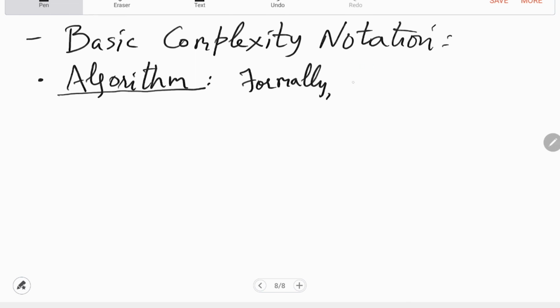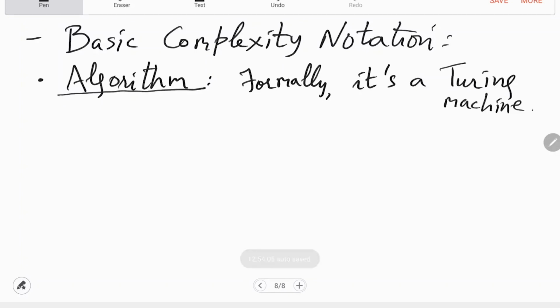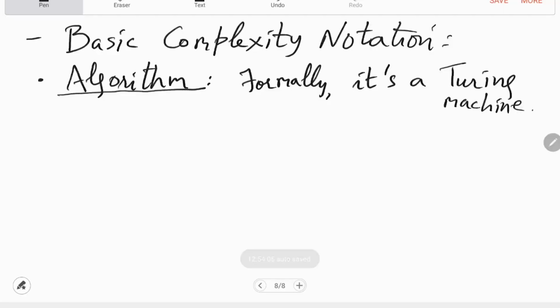So formally, an algorithm is just a Turing machine. Every algorithm is a Turing machine and every Turing machine is an algorithm. It's one and the same thing. Nothing else is called an algorithm. Okay, so it's a mathematical object, it's a mathematical concept. It's not something vague. We are not leaving it vague. So since it is exactly a Turing machine, given a problem,